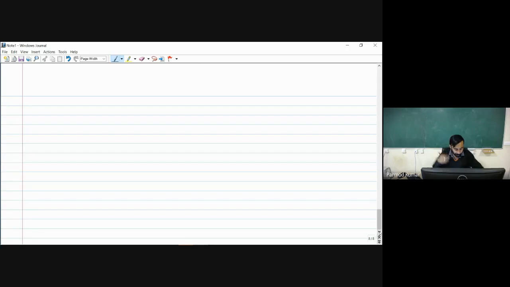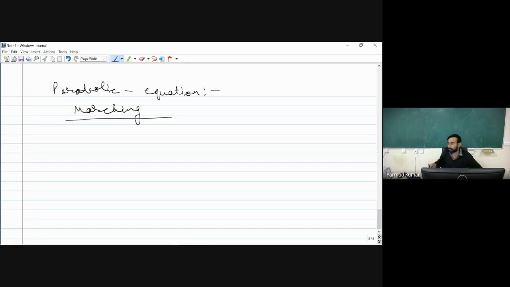I have told you that in case of parabolic equations, our solution is nothing but marching. Okay, and this marching solution holds very well when one of the parameters is time, because in time we cannot move into the past, it will be moving in the forward direction. Can you name me one example where we have marching of solution in the forward direction only along the space parameter? So can you think of an example from your knowledge of fluid mechanics?